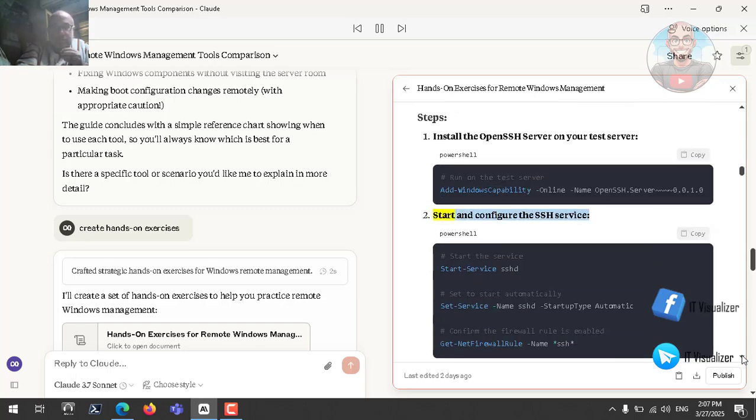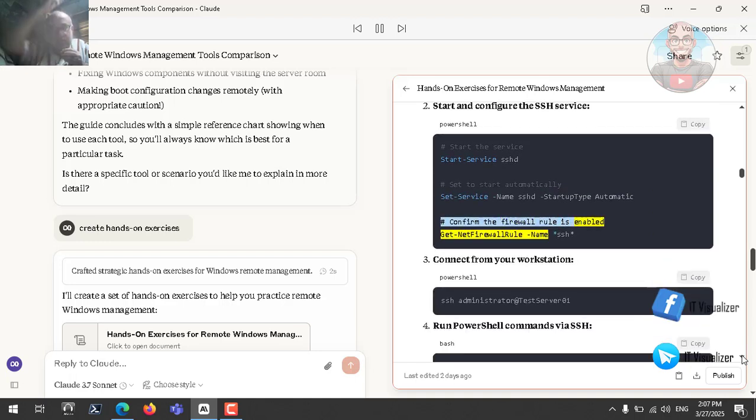~~0.0.1.0. Start and configure the SSH service. PowerShell. Copy. # Start the service. Start-Service sshd. # Set to start automatically. Set-Service -Name sshd -StartupType Automatic. # Confirm the firewall rule is enabled. Get-NetFirewallRule -Name *SSH*